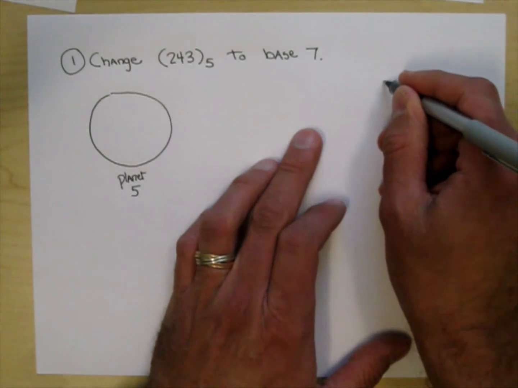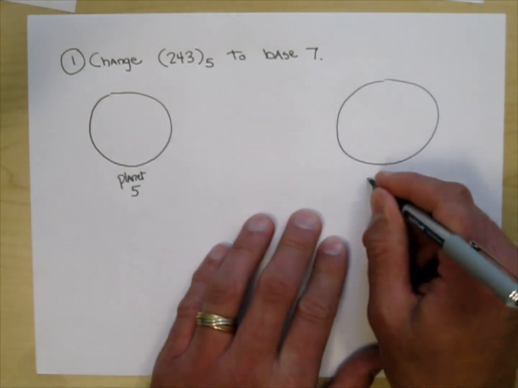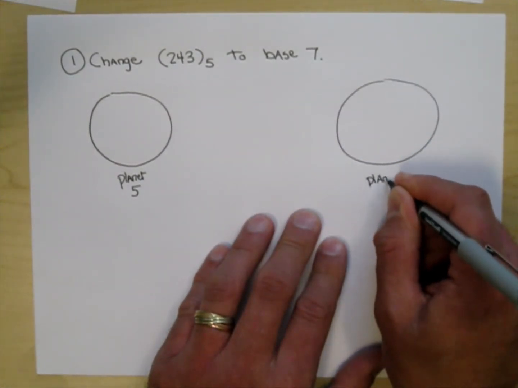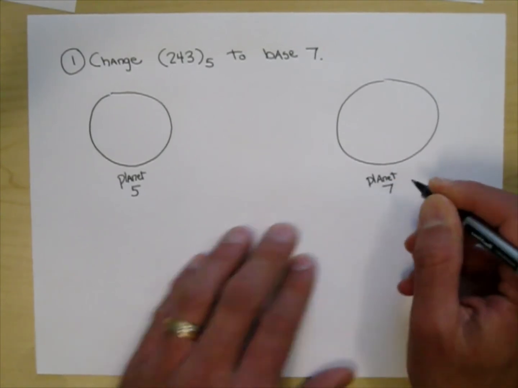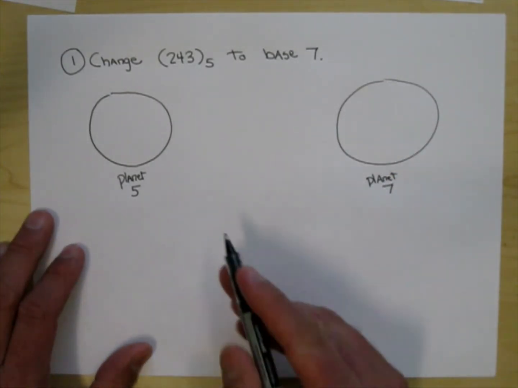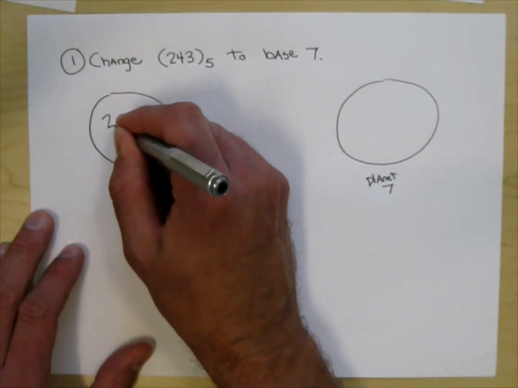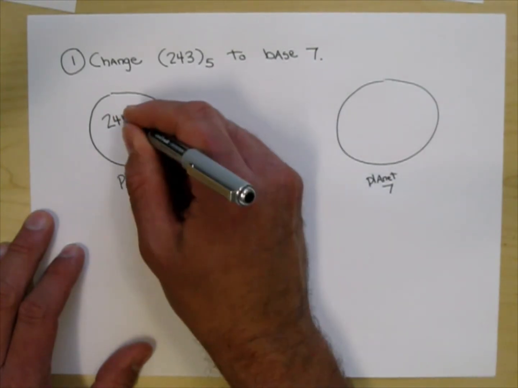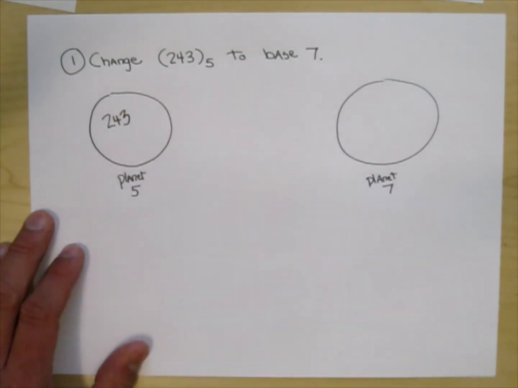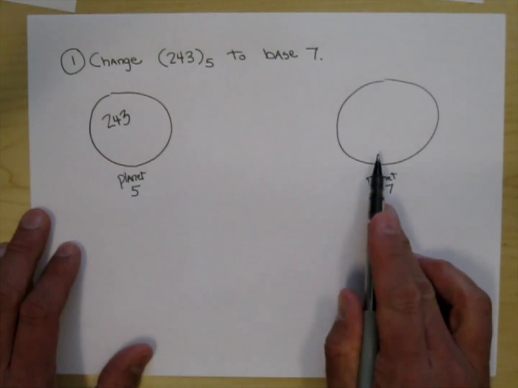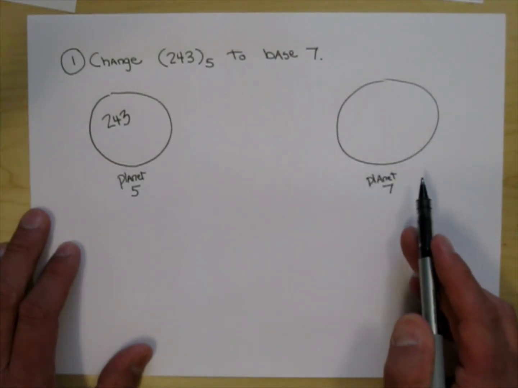And here is planet 7. You're on planet 5, and this is the number that you see on planet 5, and you're like, oh, I'm doing base 5, and I'm trying to get to base 7. So a natural thing to do